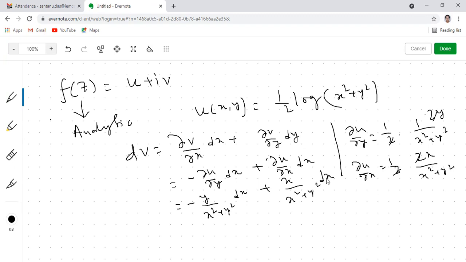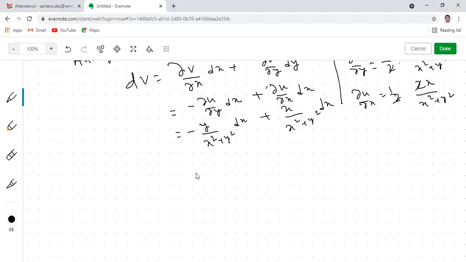So here, what is our aim? I am actually giving the example because this sort of differential equation will always be an exact differential equation, because u will always be harmonic since the function f(z) is analytic. So you don't need to verify it always, but I am showing it through an example. So this is our M, and this is our N. M is minus y by x square plus y square, and N is x by x square plus y square.